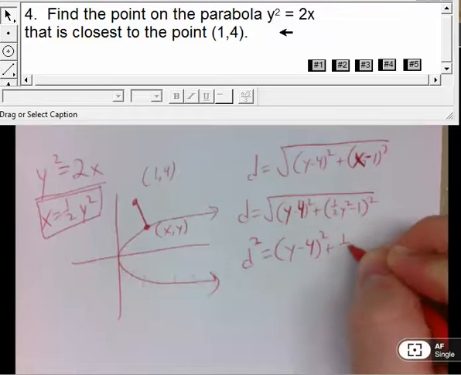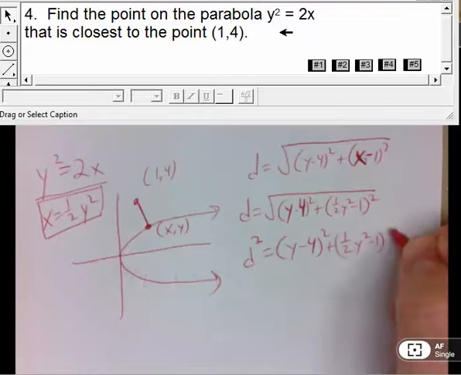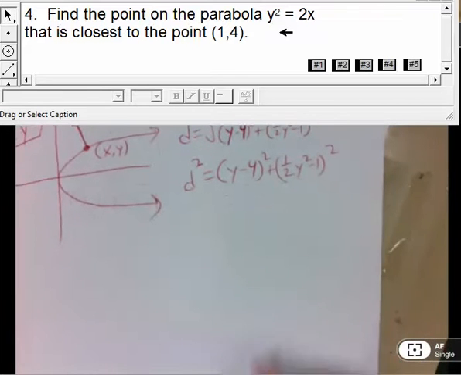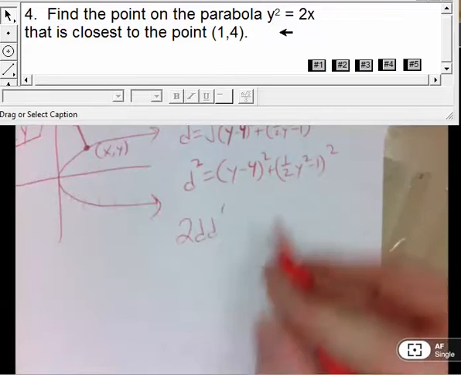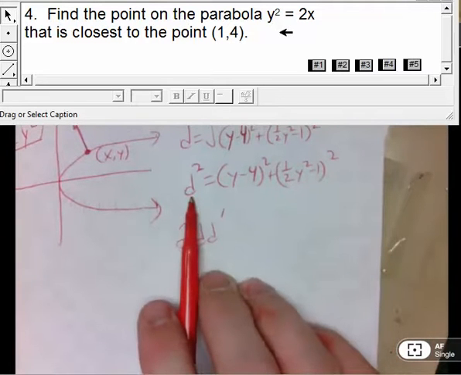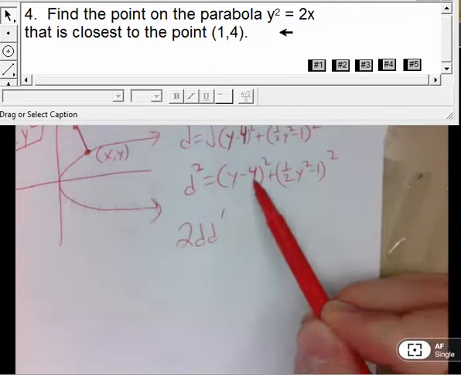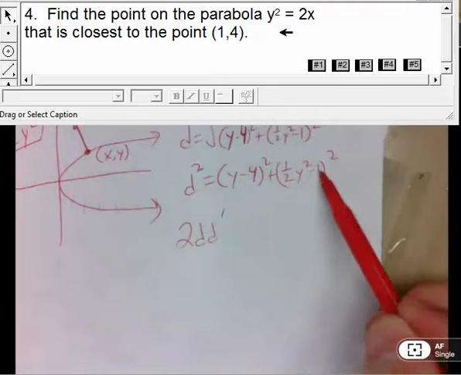And of course, this just stays the way it is, just without the square root. And now let's take the derivative. Well, the derivative of this is going to be 2dd prime. I do need a chain rule kicker. Think of this as like your y squared, right? If this was y squared equals x minus 4 and 1/2 x squared minus 1,